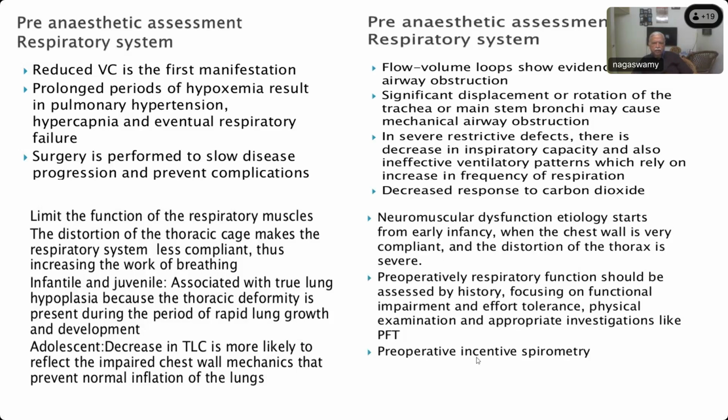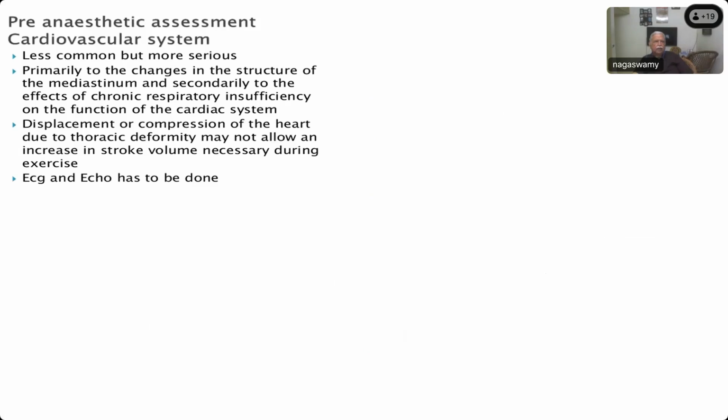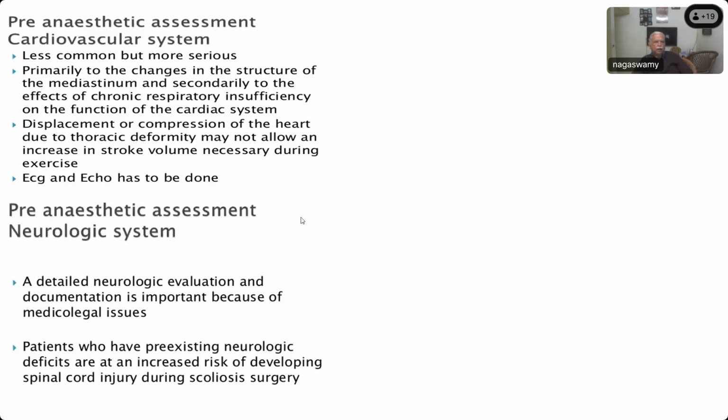like PFT, and prepare the patient with in-situ spirometry, as you do for all lung patients. Then cardiovascular system, rule out any pulmonary effect causing pulmonary hypertension and right heart problem. So the same thing as we discussed for the last case, ECG and echo has to be done for these cases. And the neurological, make sure a detailed neurological examination is done, and the documentation is very, very important, because